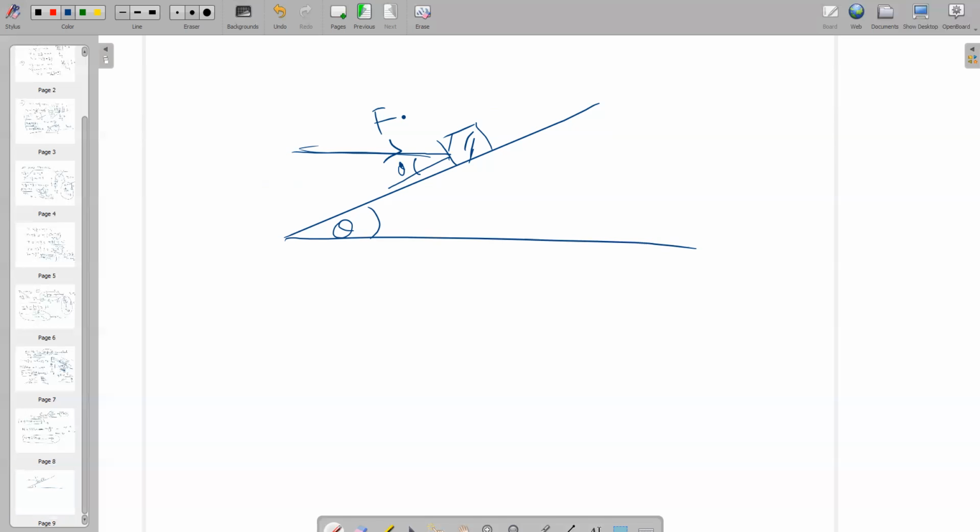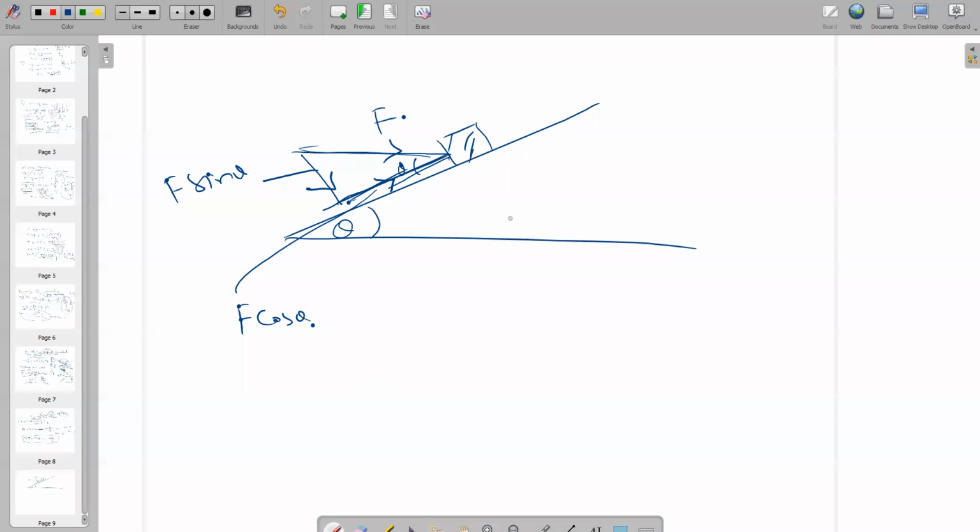What you will do? First, you will make the components. How to make the components? You can make the components along the x-axis and y-axis. One is this component and one is this component. So now the question is, what is the direction of those components? The direction, this will be here and this will be here, and this is angle theta. So this component is F sin theta because front of theta is sine, and this component is F cos theta.